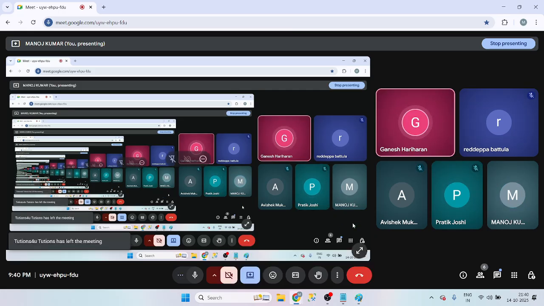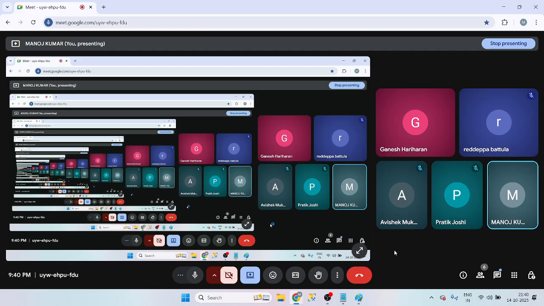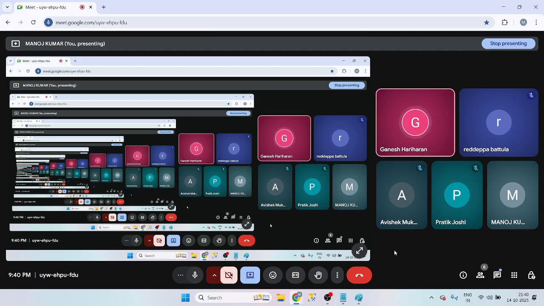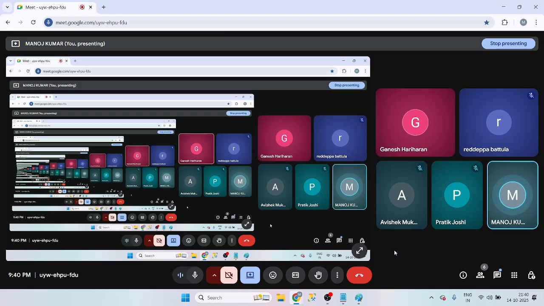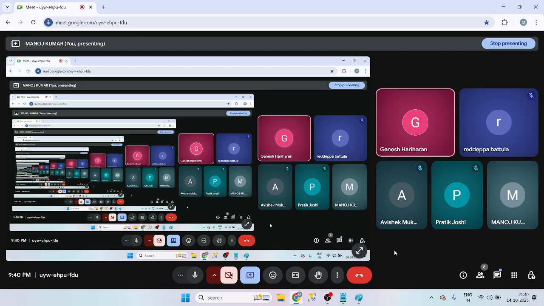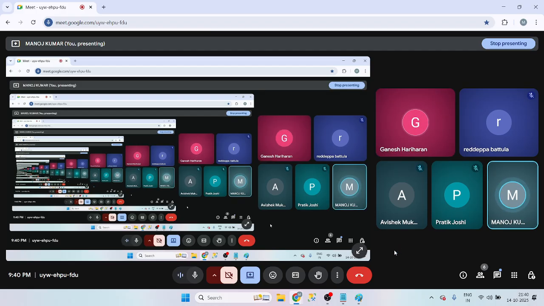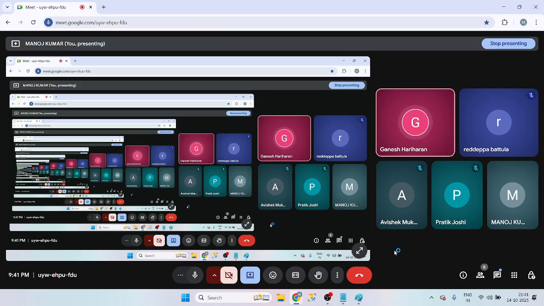Okay, Manoj, that means this waterfall methodology works phase by phase, but each and every phase should be completed 100%. Then only it will move to the next phase, right? Yes, exactly. If it is 99%, we are not accepting the second phase. Who cannot accept? The second phase people.